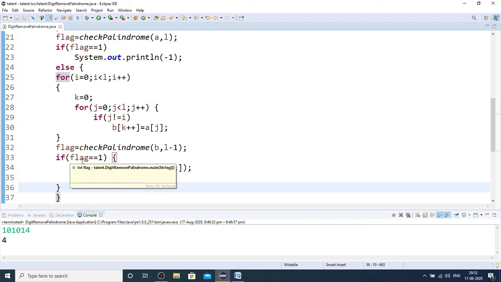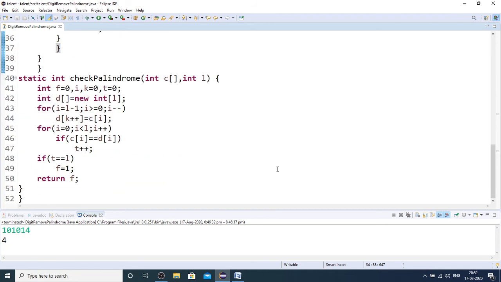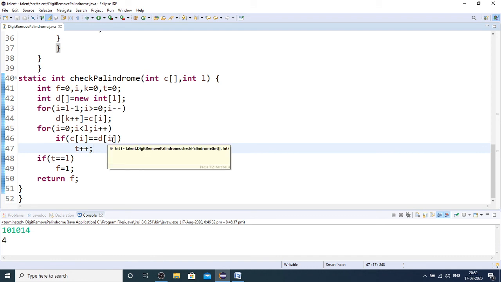So this is what, and then I need not explain my check palindrome function, because everyone knows how to check palindrome. So this is what my check palindrome function is. I've just taken the array, and then I'm running through the array from reverse, and I'm copying all the digits from reverse to another array, and I'm checking whether each and every digit in both the arrays are same, because one array contains all the digits in forward direction, the other array contains all the digits in reverse direction.